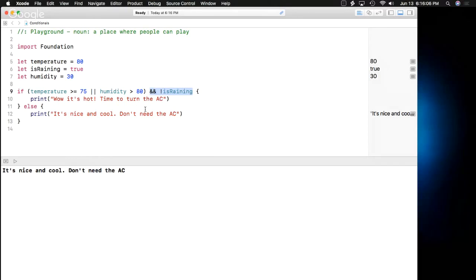So it's another order of operations thing, just like add, subtract, multiply, and divide have order of operations. But Boolean logical operators also have order of operations. And so in some cases, you need to put parentheses around sub-expressions to make sure that things get checked in the order that you want. Okay, so